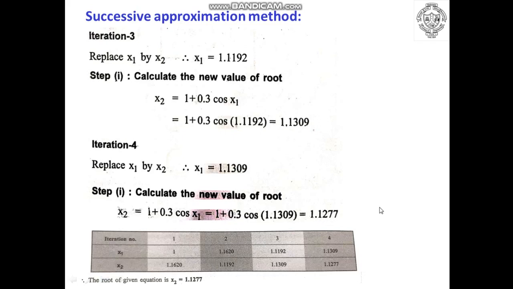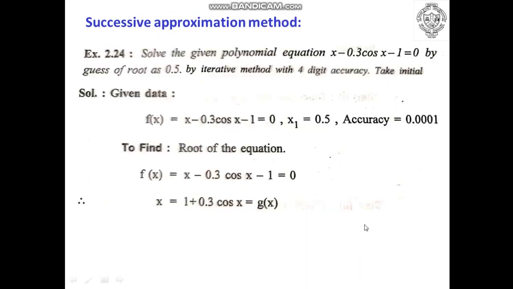So it was stated that you have to perform 4 iterations. So I can stop at this point, and this value will be considered as root of equation. Now let us consider another approach, which is accuracy based method, and let us try to solve this equation